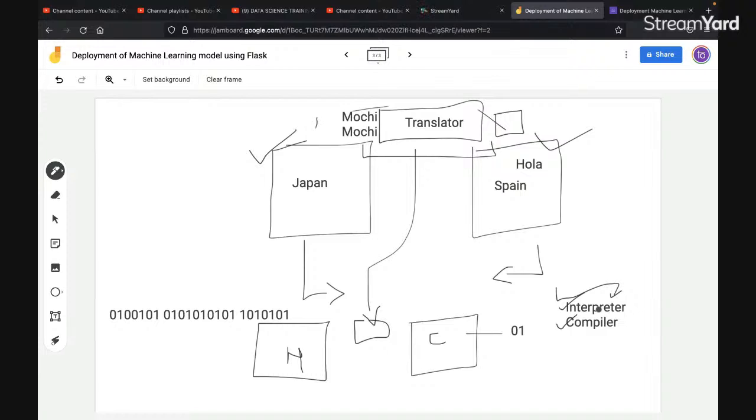In the different scenario, the C programming language takes the translator as a compiler. C is your compiled language. Python is your interpreted language. Okay,